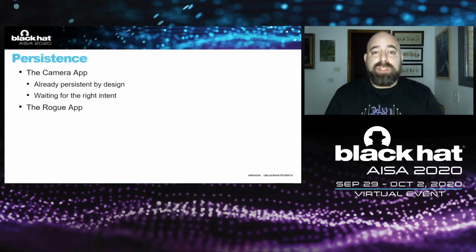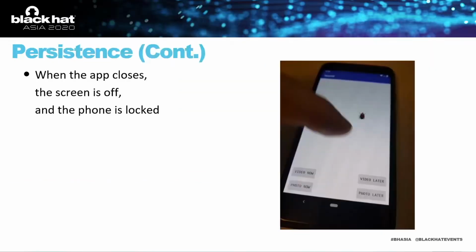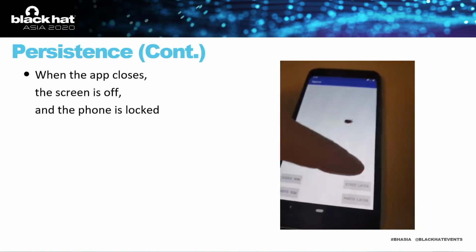Our rogue app was not. And to make it one, it didn't really require any hacking, just programming. Android programming allows you to create a background process that will do exactly that. Keep your application persistent at all times. So now, after this step, we have an application, again, a rogue application, that is hidden in some game or anything else, that even when the app closes, as we can see here,